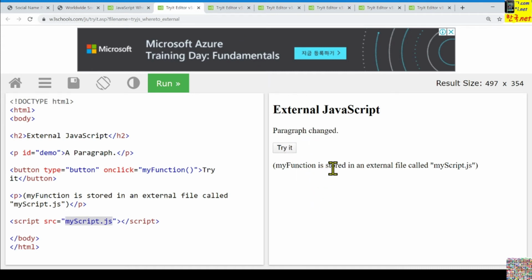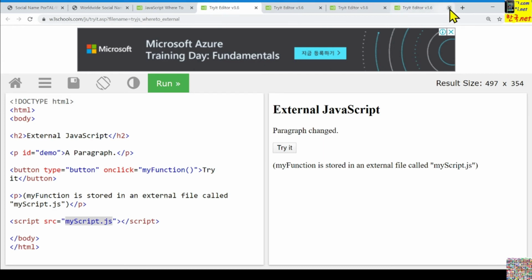My function is stored in an external file called myscript.js. To use this external JavaScript file, the file extension name should be JS, like the external CSS file should be CSS because that is a CSS file. For this JavaScript file, the extension name is JS.